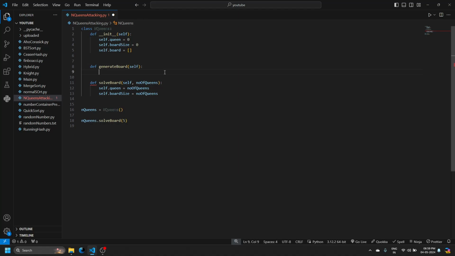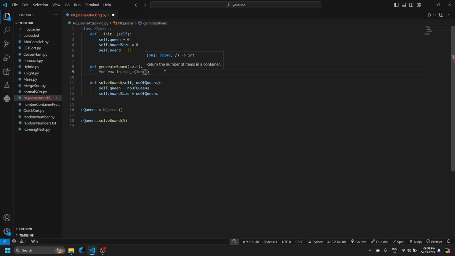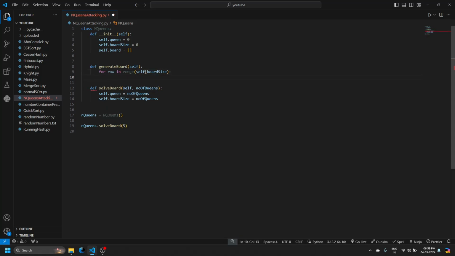So for i for the row, we can't use the length of board size over here, because board size is an integer, and length of an integer makes no sense. You'll have a temp array over here, and for col